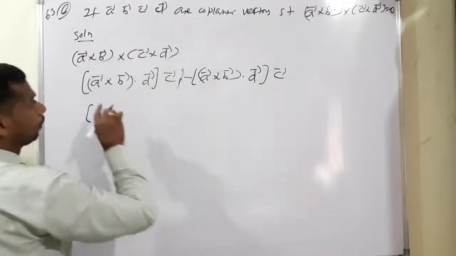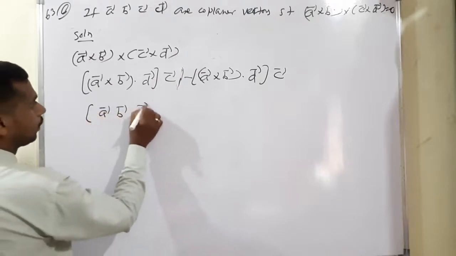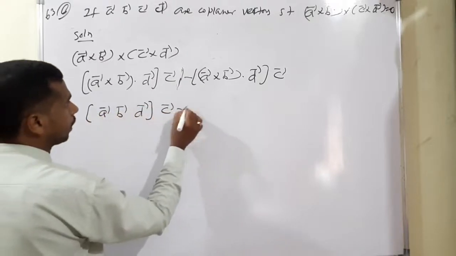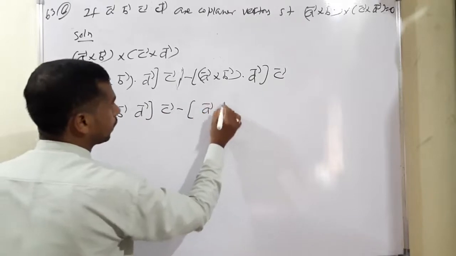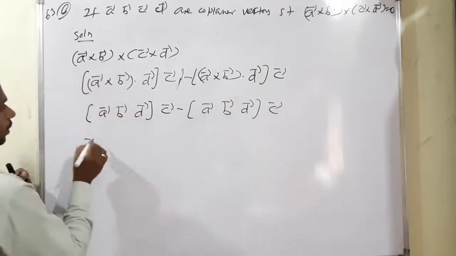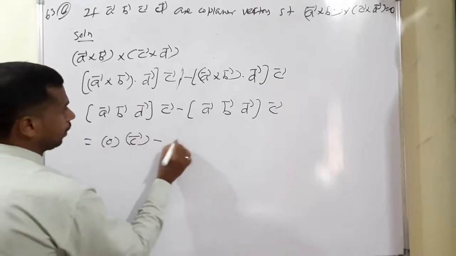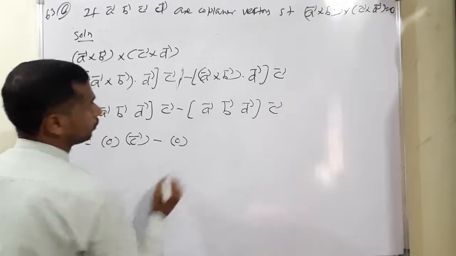Four terms coplanar means A, B, D are also coplanar. So we can write it as [A, B, D] times C vector minus again [A, B, D], with C vector outside. Now this is coplanar, so 0 times C vector minus again 0 times